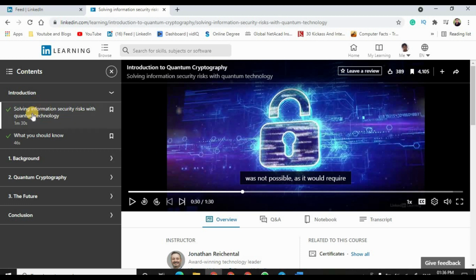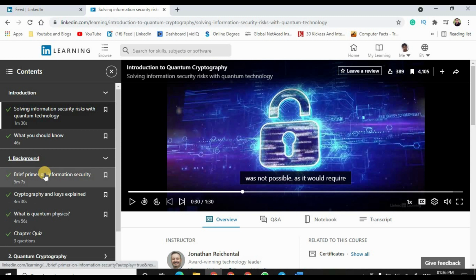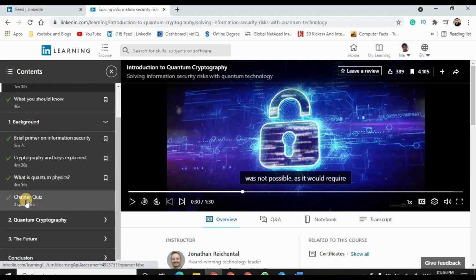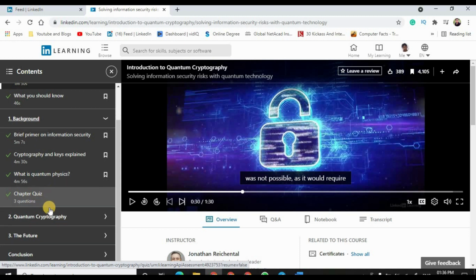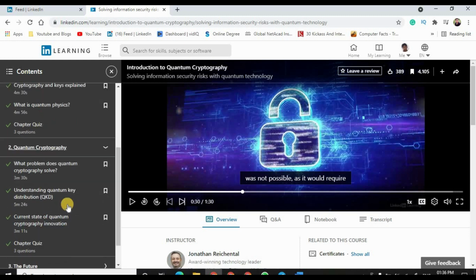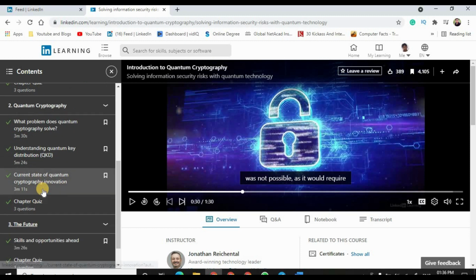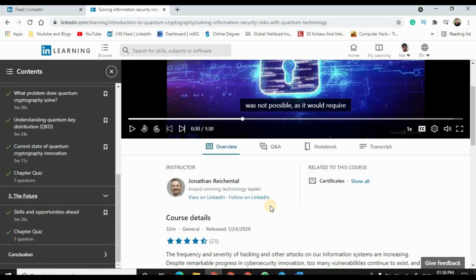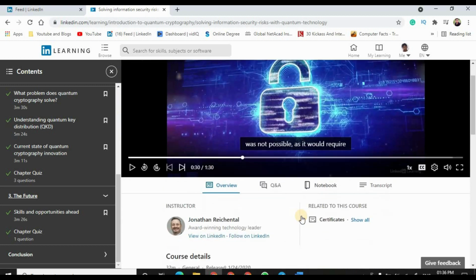So this is how the course will look. You will have different topics on the left hand side, so you can click on a topic and complete that particular video, and then you can click on every chapter, and each and every chapter will have a quiz. After successful completion of each chapter or topic, you will get a green tick mark on the left hand side. And once you successfully complete the chapter quiz, you can go ahead to the next chapter. Likewise, you will have to complete all the chapters, and finally you can download your certificate over here.